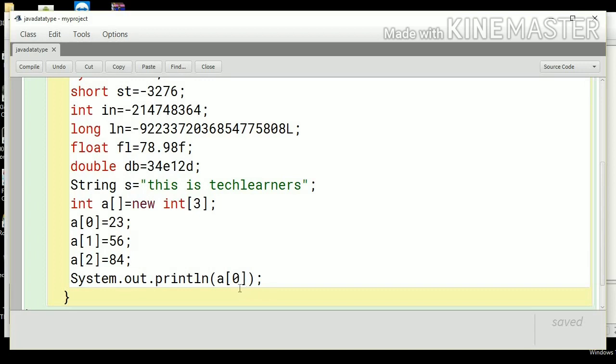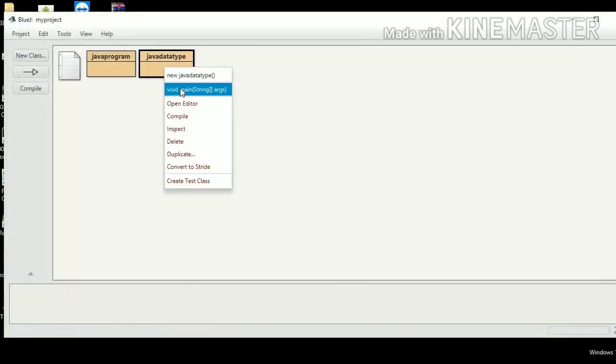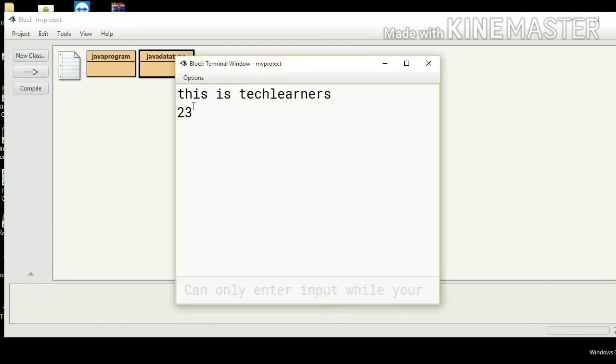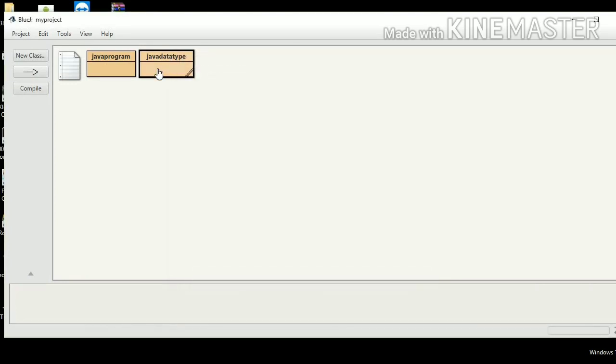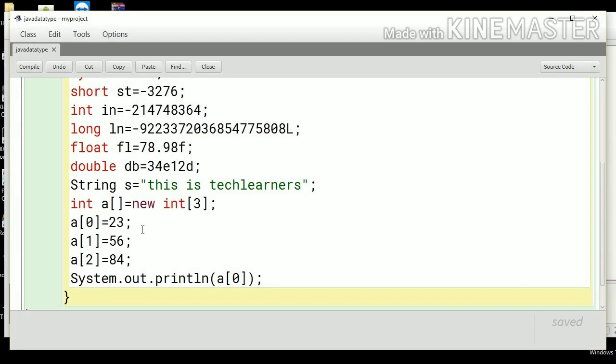For example, I want to print a value that is at 0th index. So let me compile, no syntax error, and we can see the output. Right, this is the output 23, the value that was stored at the 0th index. So this is how we can create the non-primitive data type or composite data type.